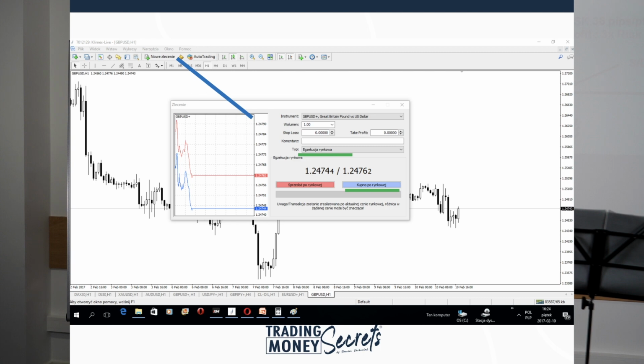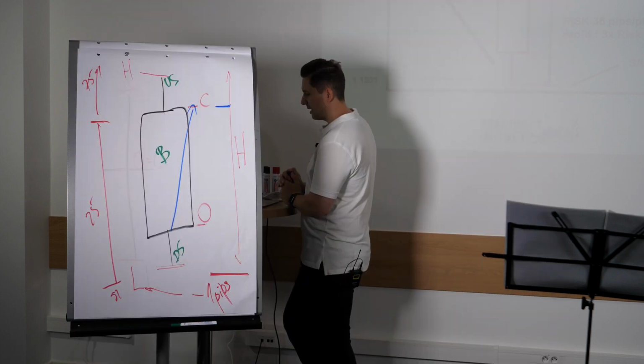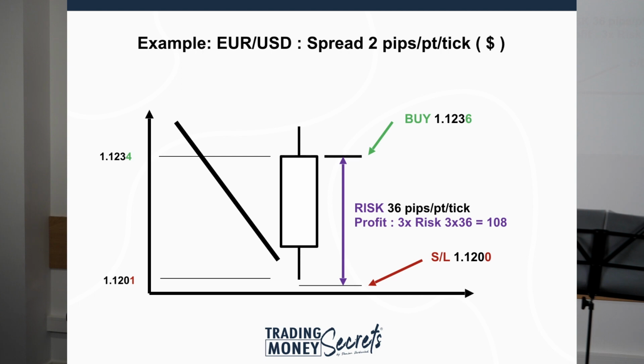And the close price of the previous candle was at the level 1.1234. So when you click buy at market, the broker opens your position at the price plus spread. So 1234 plus 2 in the quoted digit is